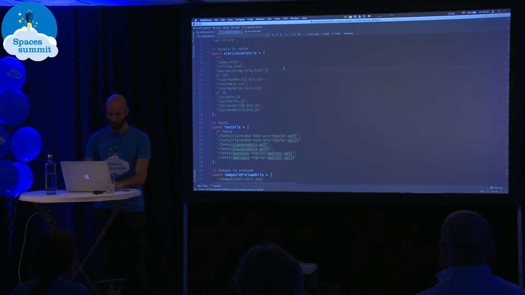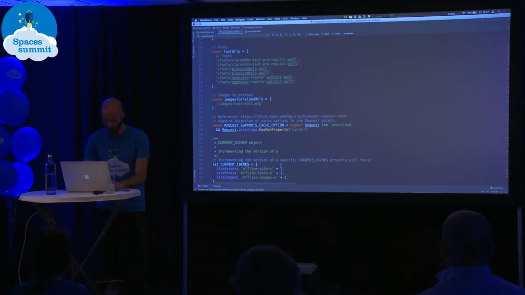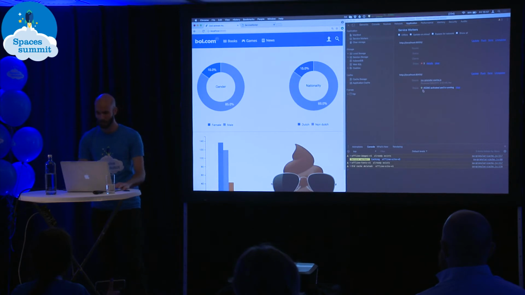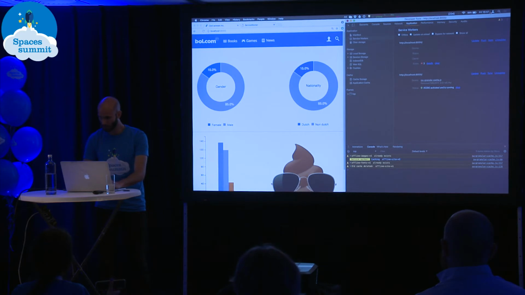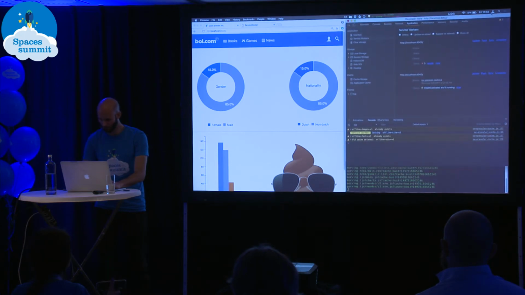So if we comment this part and we upgrade the version of our cache, what will happen is that the browser will detect this new version, and after downloading all the assets that you need for this page to be cached, the service worker installation is going to succeed, and you're going to have the service worker installed. Let me show you also what's happening